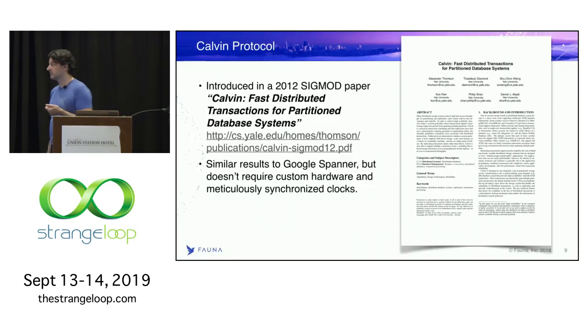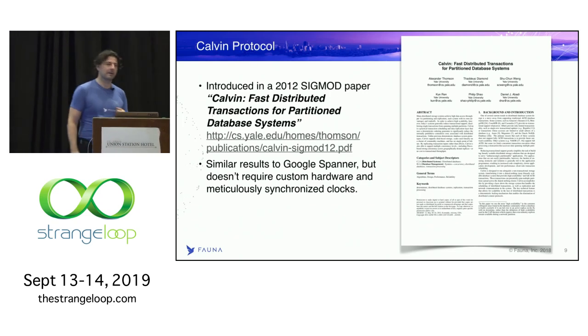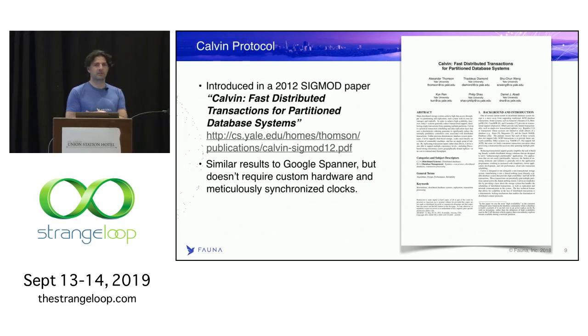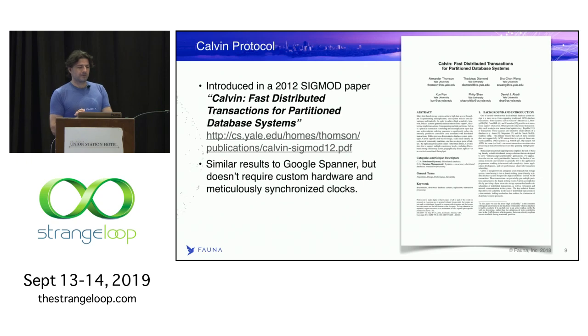What we do, and to the best of my knowledge, we are the only company that's trying to ship an actual production-level implementation of it, is this: Professor Daniel Abadi and a bunch of other authors introduced a paper in SIGMOD in 2012 titled Calvin: Fast Distributed Transactions for Partitioned Database Systems. And my colleagues, those who originally founded Fauna, found this paper and figured that, you know what, this would be a good idea to try to build a product on that. The experiment is ongoing. So far, it seems like it's working out.